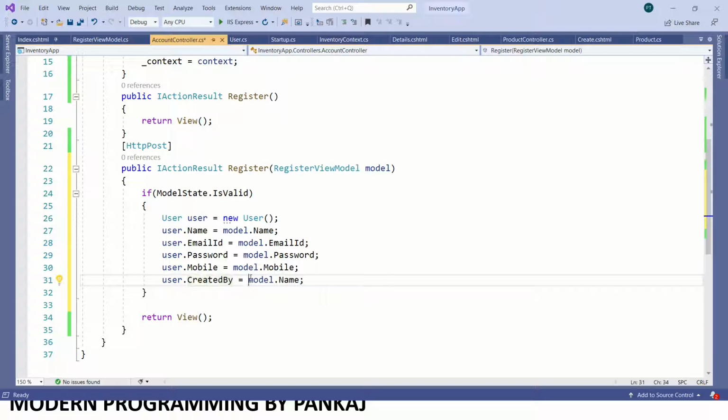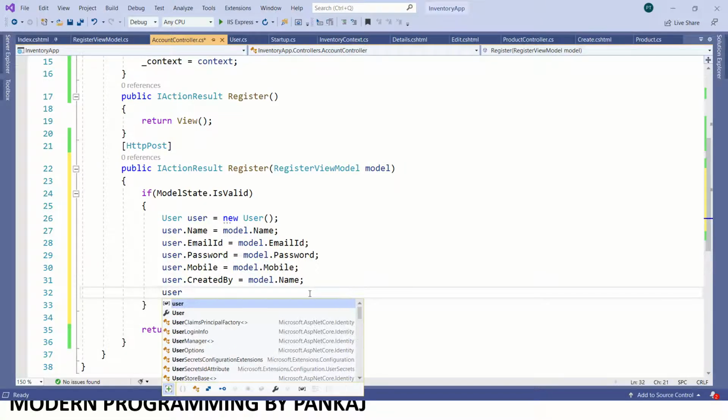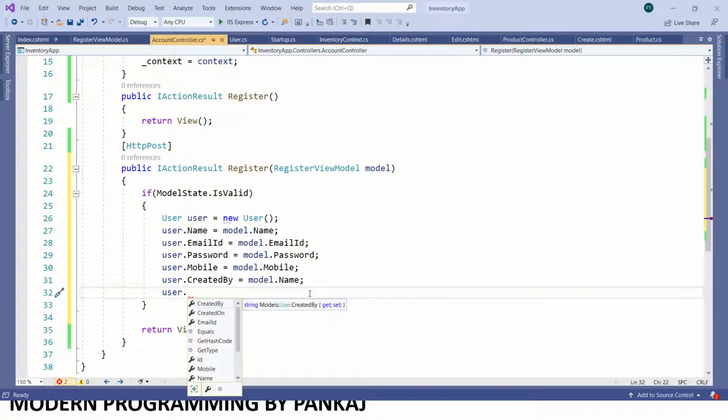For the time being I'm just giving the name only for created by, and actually it should be the current username. Once we log in, only then can we get the current user name. Currently we have not logged in to our system, so we'll not provide the current login name here.